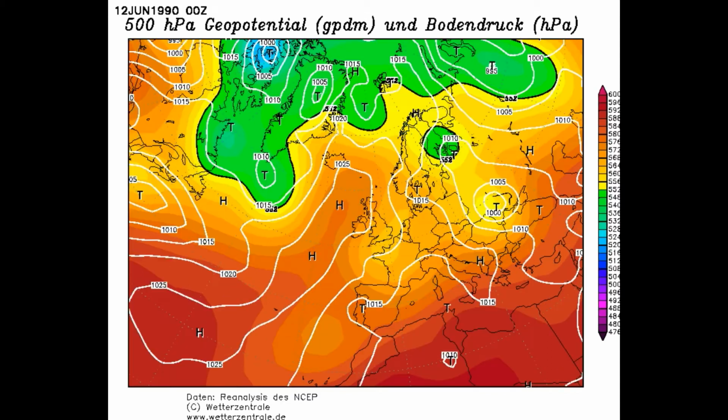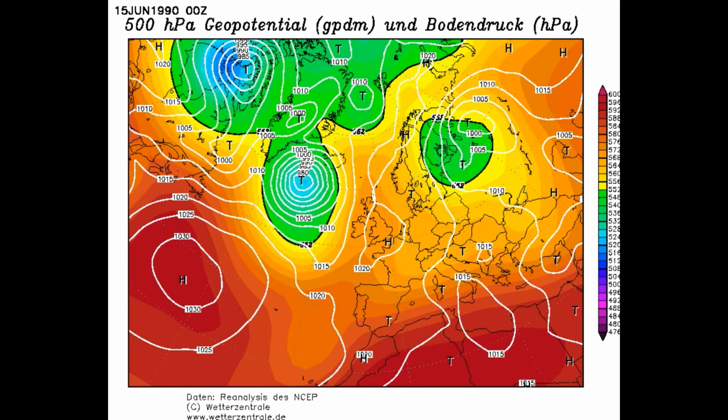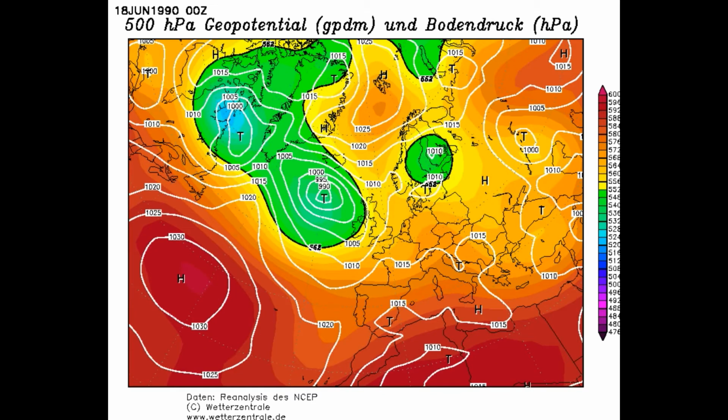On into the 12th, high pressure does try to have a go, but that quickly collapses away through the 15th and into the 18th of June, where we bring another area of low pressure in across the country. You know, absolutely no sign there of what's to come later on. And actually this follows on from some very poor summers in the 80s. The mid to late 80s saw a run of very poor summers before we got a decent one in 1989.